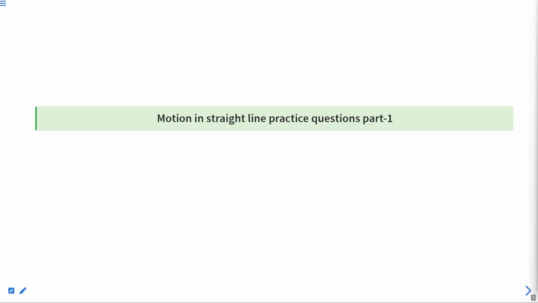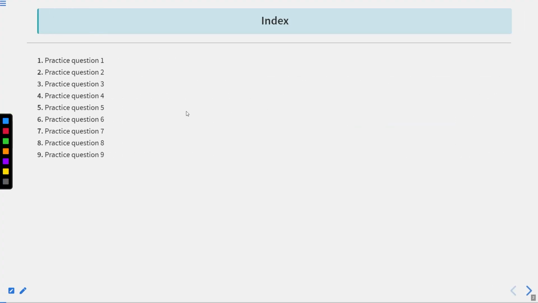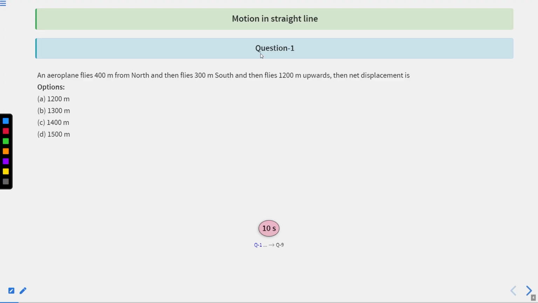Hello students, in today's lecture we will learn motion in straight line practice questions part 1. In today's lecture we will cover 9 practice questions. Clear? And these practice questions are based on motion in straight line. So first question is,